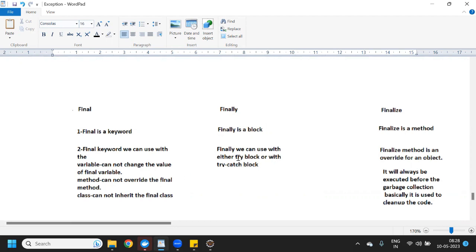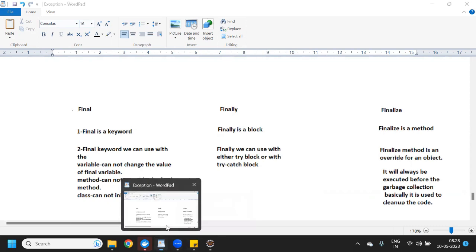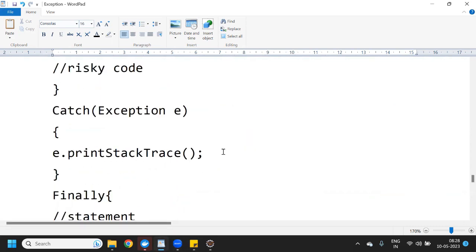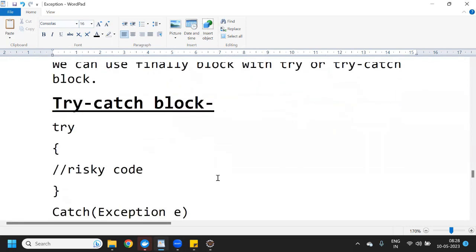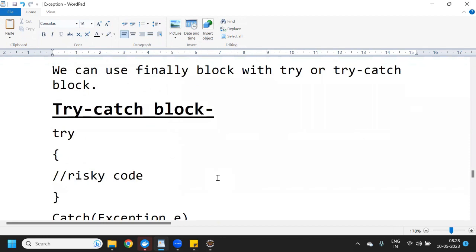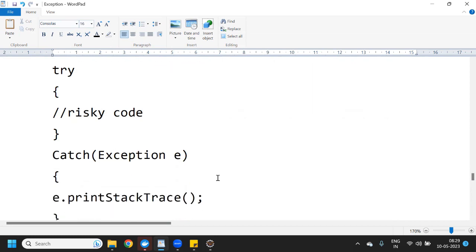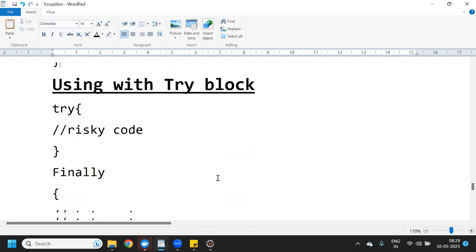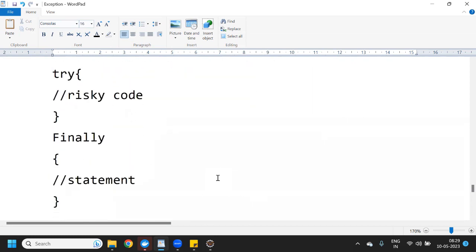Now, finally we can use with either a try block or a try catch block. We have seen, right? In this syntax we can use it along with a try block or we can use try and catch block. But I would recommend using it along with try and catch block.